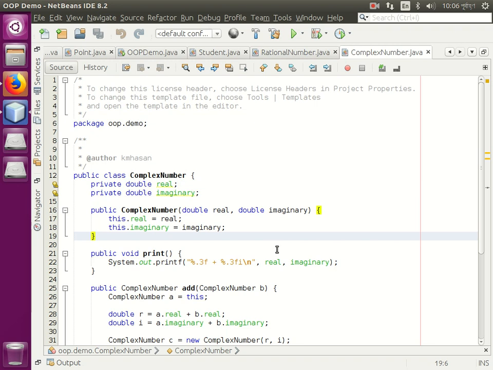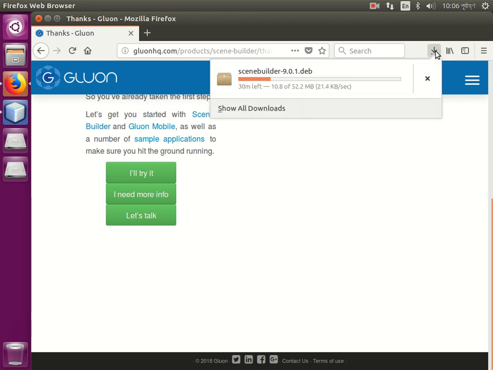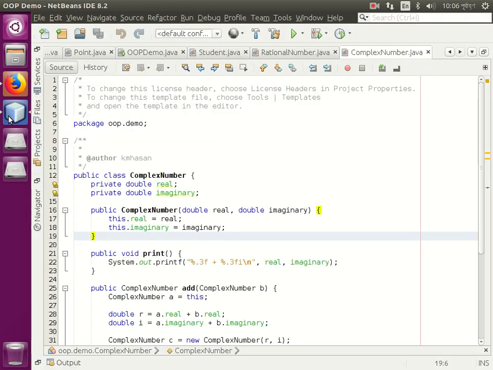Okay, so I wanted to start with something new today, the graphical user interface building. It will probably take a bit more time to get the tool that I need over here downloading, so maybe in the second half of the class I'll introduce that. But before we get there, let us cover some more